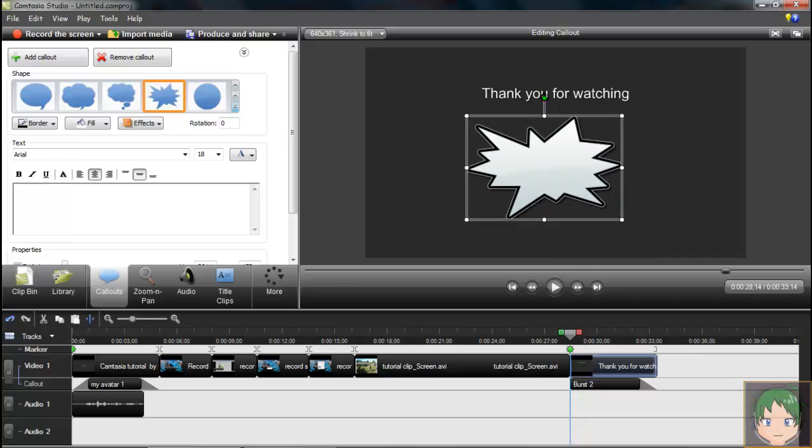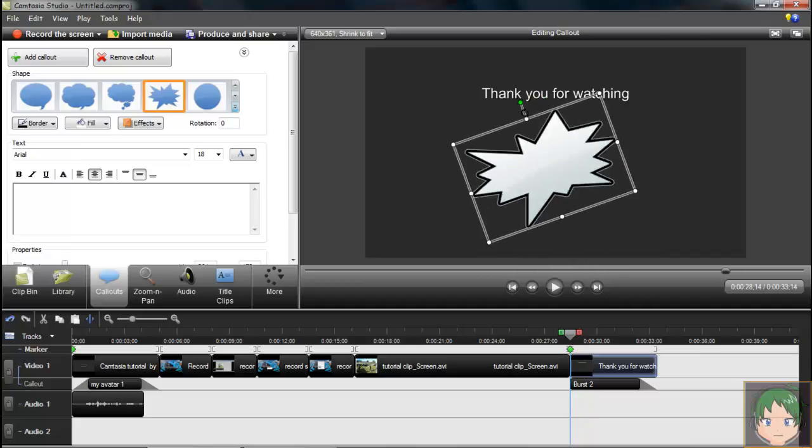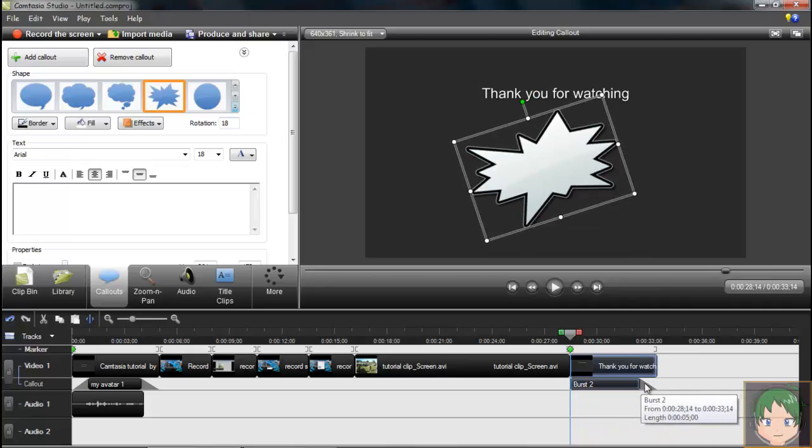And you can do that, and you can rotate it and do it if you want. So you can put that there. As you can see, it's got a time limit there. And basically, it's just going to appear, it's not going to fade in. And see that. If you want to add text, you can go like,